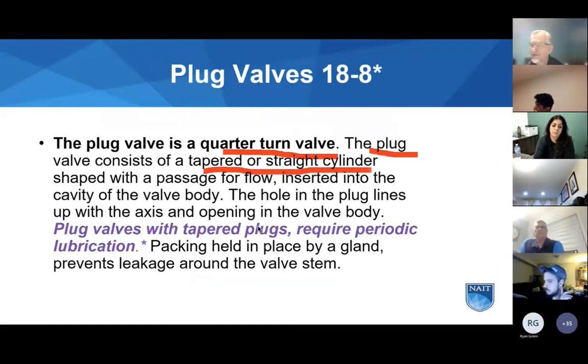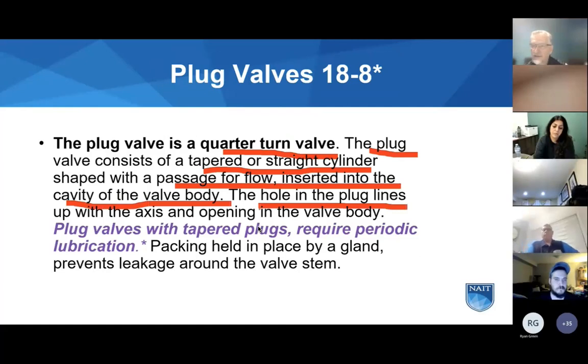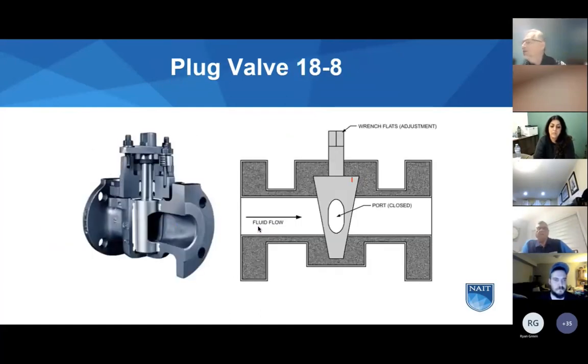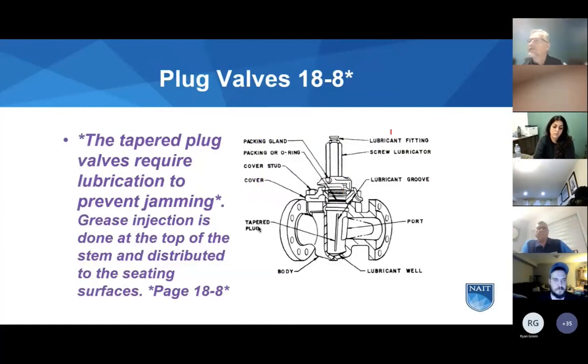Plug has a tapered or straight cylinder shape for allowing flow through a passage. Inserted into the cavity of the valve body, the hole in the plug lines up with the axis and the opening when it's wide open. These can have periodic lubrication attachments. So this has, in this drawing, an attachment on the stem or the shaft to allow lubrication to prevent jamming. Grease is injected at the top of the stem and distributed down through these surfaces on the